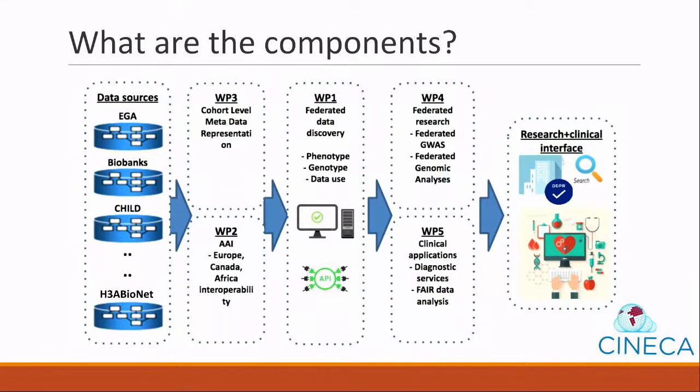Federated data discovery is fundamental to how you find data sets of interest. And one of the things I'm looking forward to from the RFI presentations is that we need a really convincing set of research applications and clinical applications that you would want to carry out if you had access to a very large set of cohorts. What are the applications that you would want to actually generate, and what research questions would you want to answer?